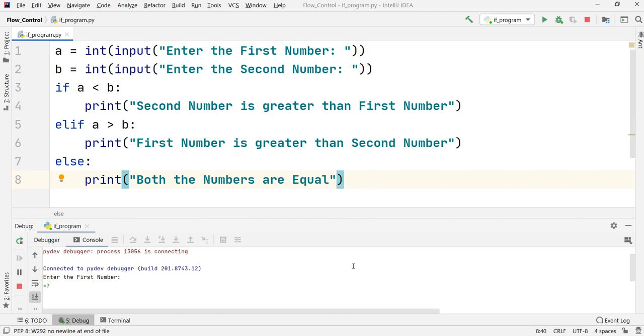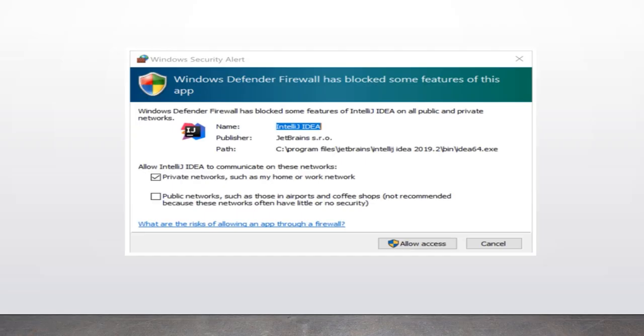One more thing that I want to tell you is that if you are using the Windows operating system, there will be a pop-up that will come in front of you. If you are using the debugger for the first time on Windows, this pop-up might come up, so you'll have to take the proper actions. What you'll have to do in this pop-up is check the private networks block, which I have already done, and after that click on allow access.